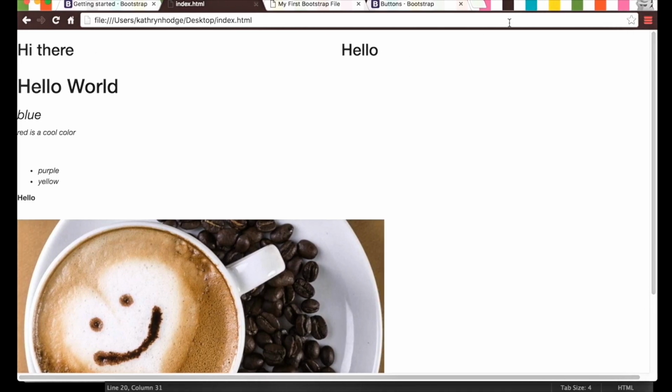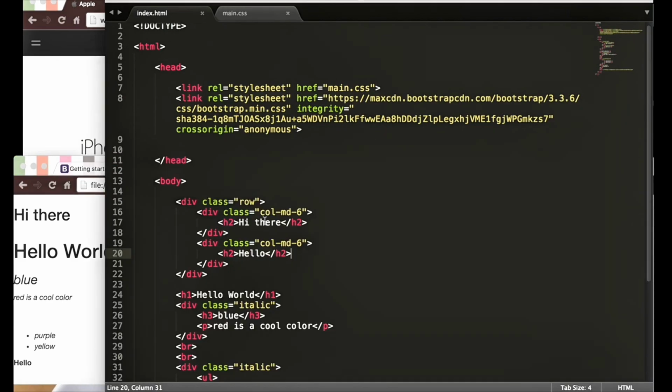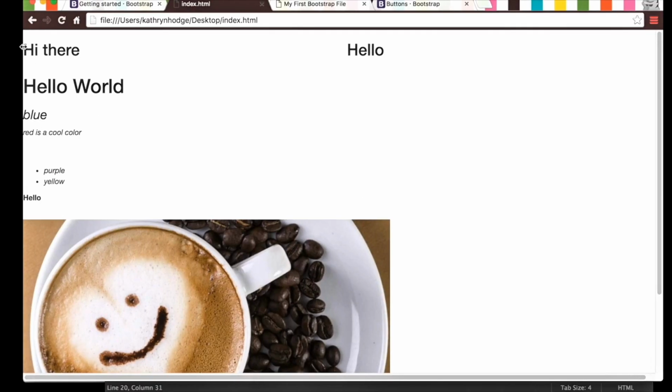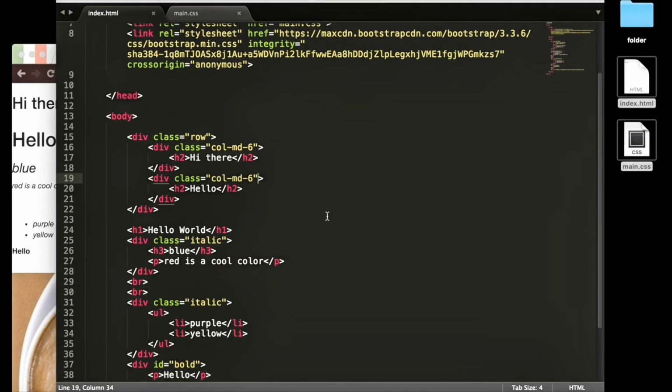Now why does this look a little weird? Well, our first div, col-md-6, takes from this area of the web page all the way to the middle. So that's 6 columns, it's half of the web page. The other one, which goes from 6 to 12, that's our hello one. And so if we add more content to this, we'll be able to see it more clearly. And so if I just type some stuff in here and then copy it over to our other header,